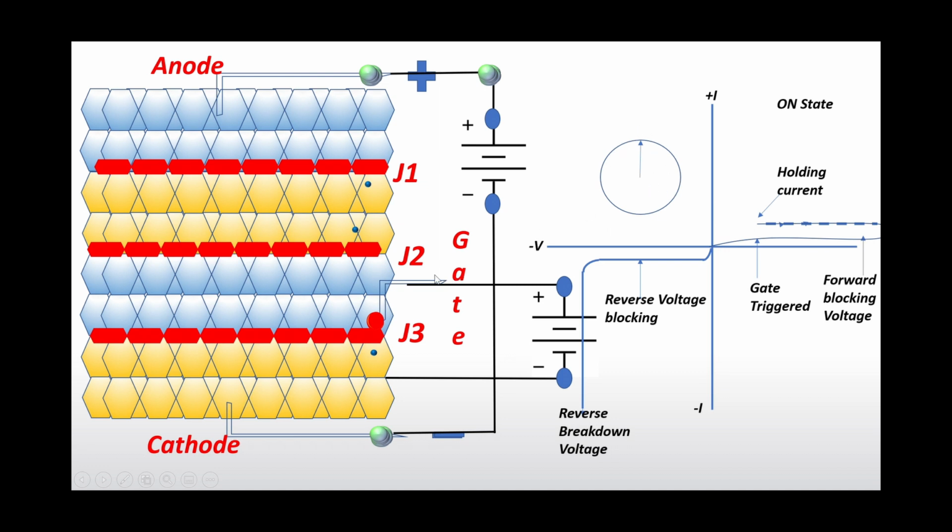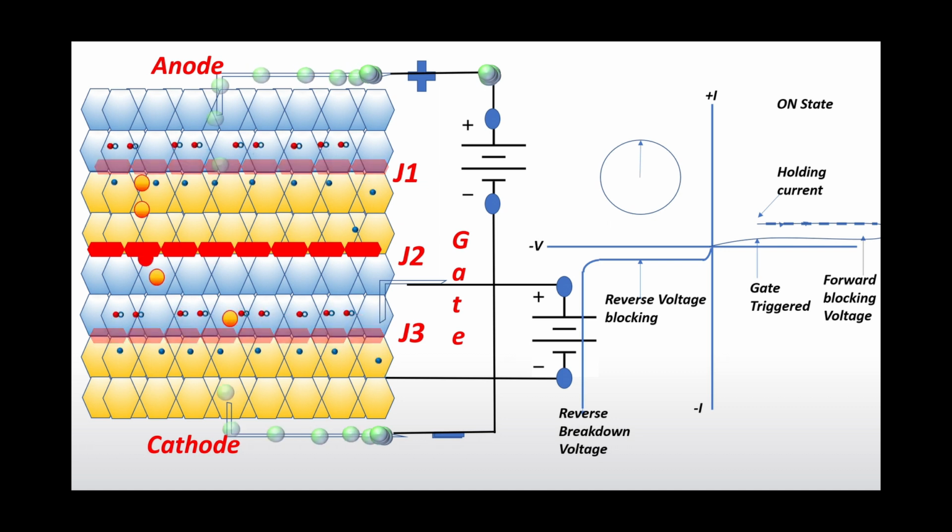What we see in the dial gauge is the gate current. The gate current has a limitation: it's not that any gate current you apply will start conduction. It depends on the material, but there is a current called the holding current. If you apply a gate current more than the holding current, then your thyristor starts conducting.